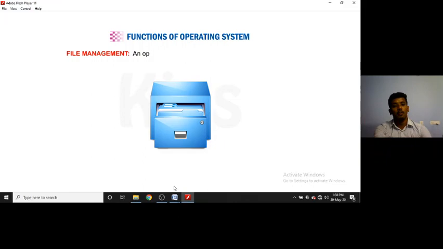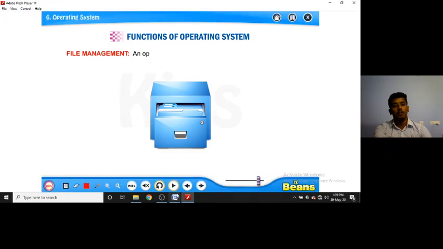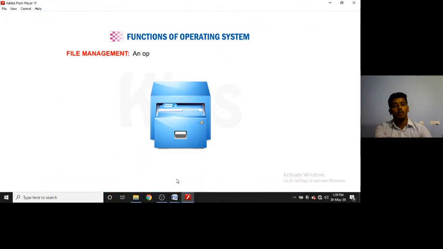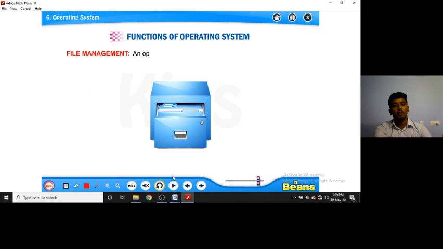And these files are classified into different types; we also learned the different types of file extensions in the class 7 second chapter, file management and organization of data. This file management is also being controlled by whom?